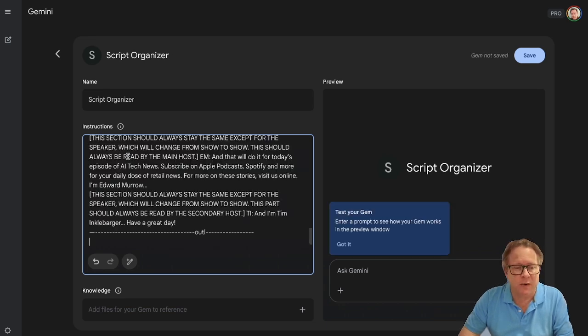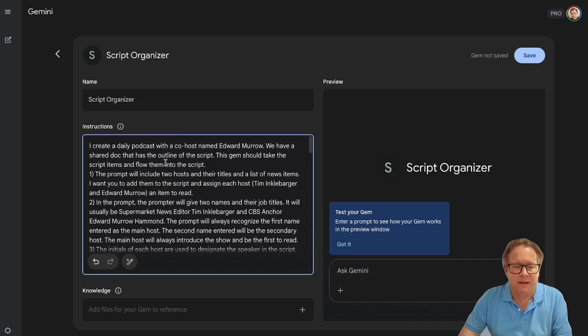And what I'm going to do is paste in this long set of instructions that I've already created for my original script editor, basically. And I'm just basically going to walk you through these instructions. The thing about these custom GPTs is that the instructions are incredibly important. It's basically a list of things that you want the AI engine to conform to